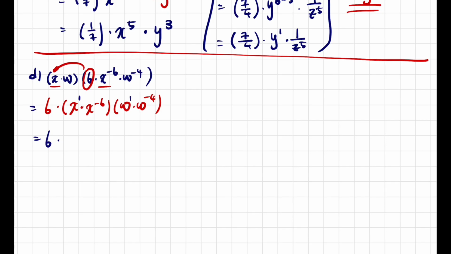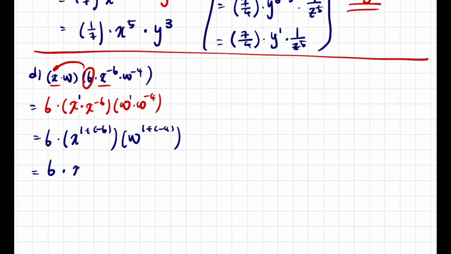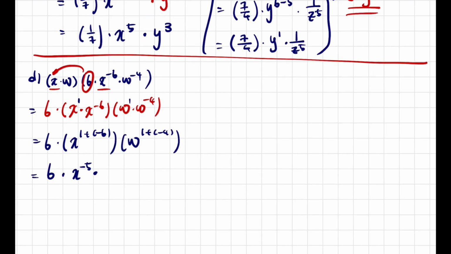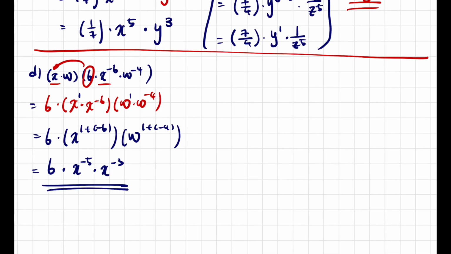So using the product rule, we're going to do x to the power of 1 plus negative 6, w to the power of 1 plus negative 4. Then we get 6 times x to the power of negative 5, then times w to the power of negative 3. Then question E,